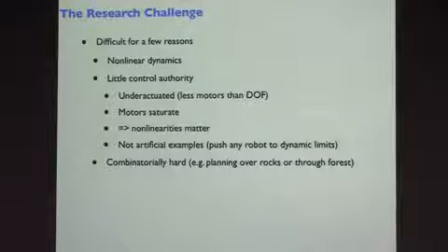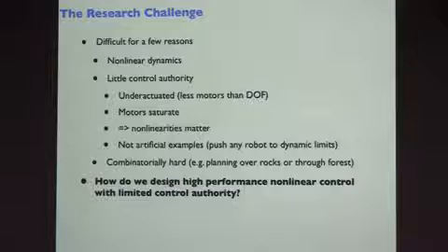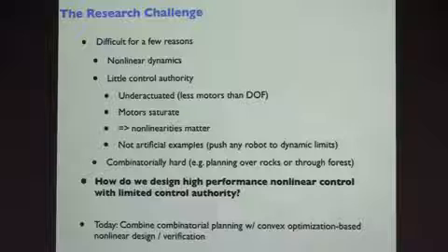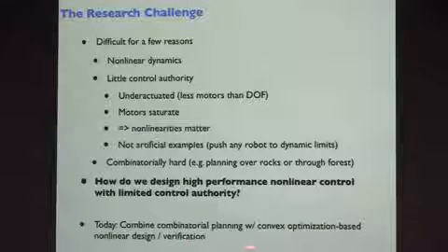The other thing that Little Dog in particular demonstrated is that some of these problems are not just dynamically hard, but they're sort of combinatorially hard, right? So planning over rough terrain, for instance, you have a combinatorial problem, almost like playing chess. Do I put my foot on this rock or just jump over that rock, go to the next rock? There's something that feels naturally like a planning problem expressed in there too. So we want to somehow marry the two types of techniques. So how do we design high-performance nonlinear controllers with limited control authority? I want to tell you a way that we are combining the combinatorial planning type algorithms with convex optimization-based nonlinear